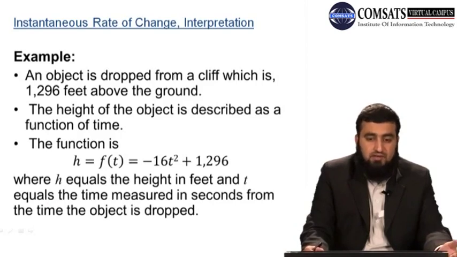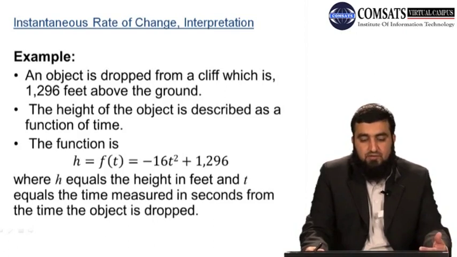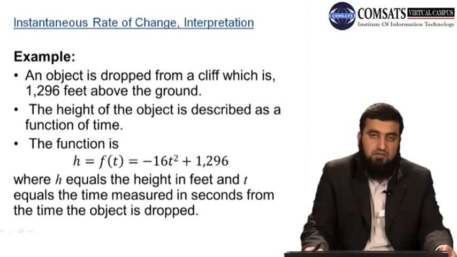तो हमारे पास एक ऑब्जेक्ट है जिसको हमने 1296 फीट की बुलंदी से ड्रॉप करना है। एक क्लिफ है जिसके ऊपर से हमने इसको ड्रॉप करना है। तो हाइट ऑफ द ऑब्जेक्ट जो है वो इन टर्म्स ऑफ टाइम में डिस्क्राइब की गई है और उसके लिए जो फंक्शन है वो गिवन है f of t is equal to minus 16t square plus 1296। h जो है यहाँ पे हाइट इन फीट है और t जो है टाइम इन सेकंड्स है, मेजर्स फ्रॉम द टाइम द ऑब्जेक्ट इज ड्रॉप्ड, यानी जब हम ऑब्जेक्ट छोड़ेंगे तो हमारा टाइम t इज इक्वल टू 0 होगा और उसके बाद जो फर्दर टाइम है उसके हिसाब से उस ऑब्जेक्ट की जो हाइट है वो ज़मीन से कम होती जाएगी।